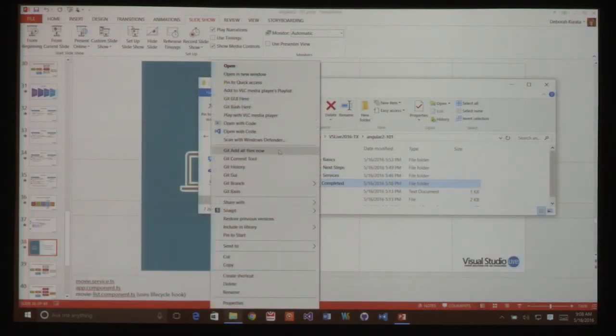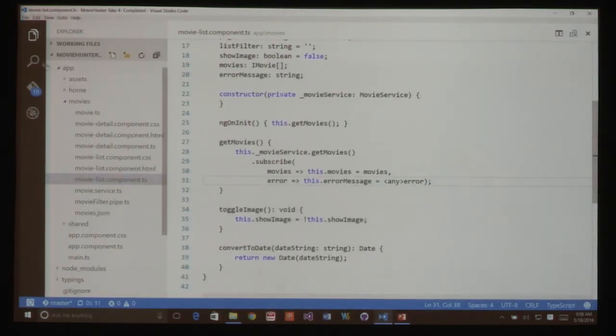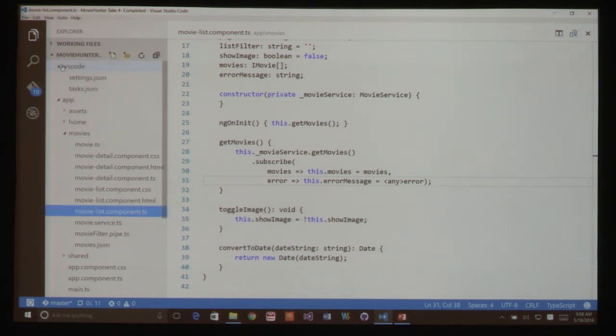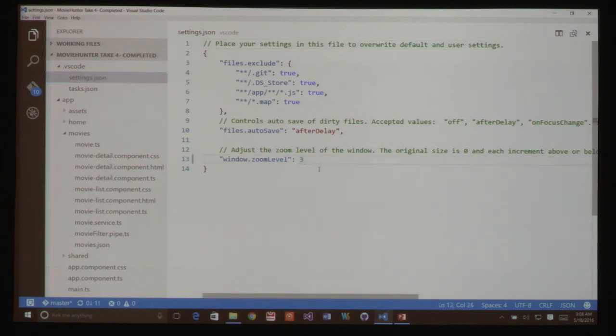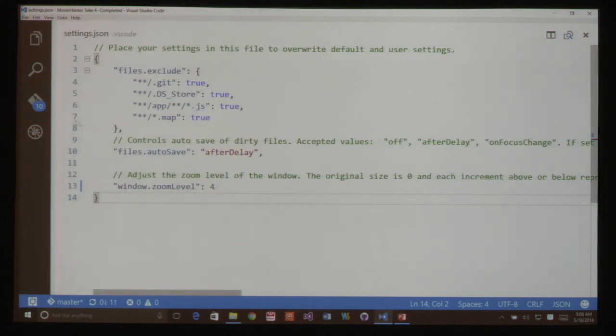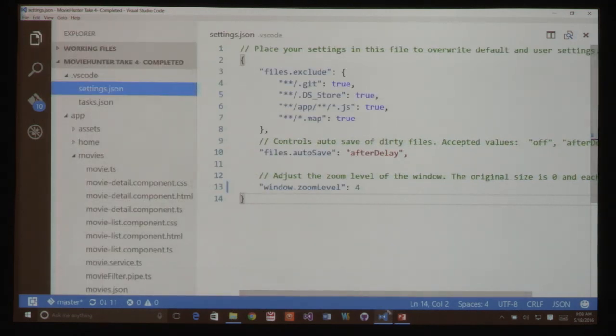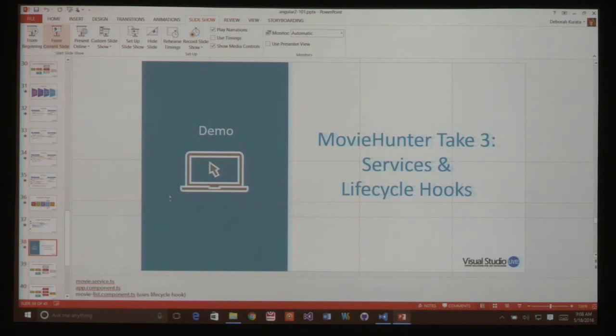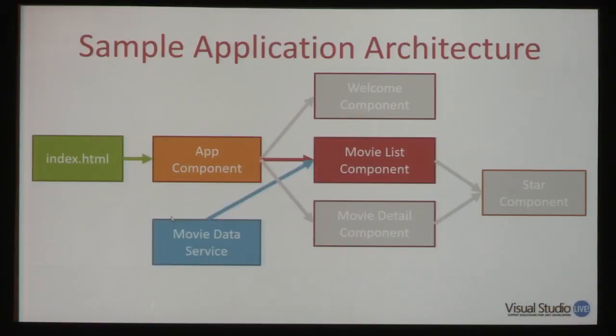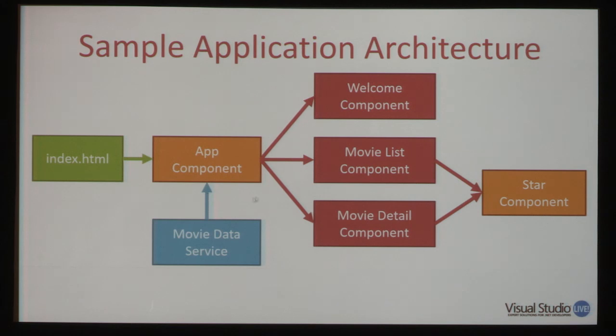And I'm again going to make that bigger. Okay, so really quickly. What we want is that movie data service defined outside of our movie list component.